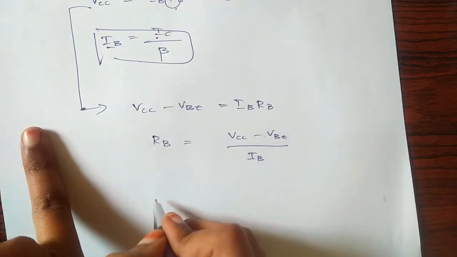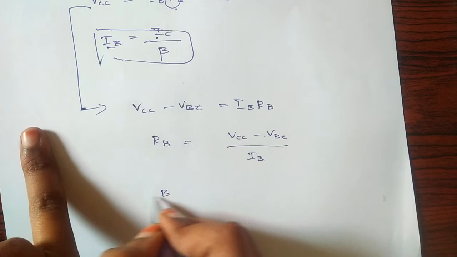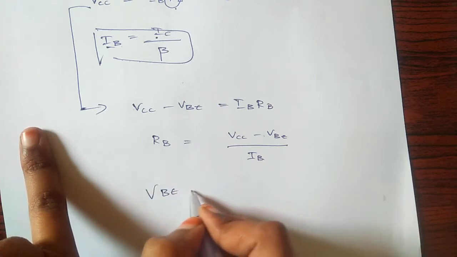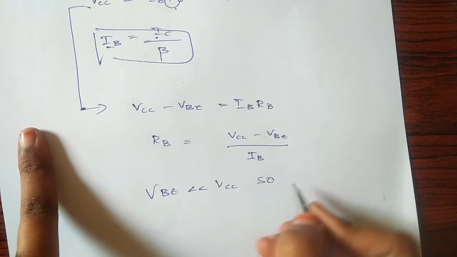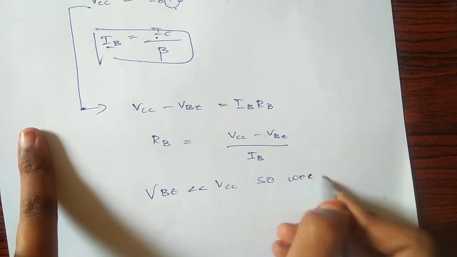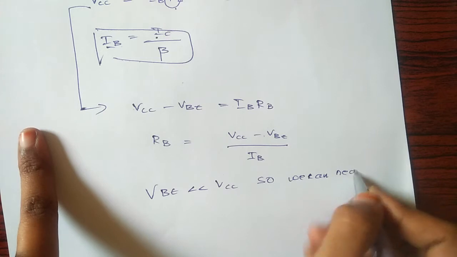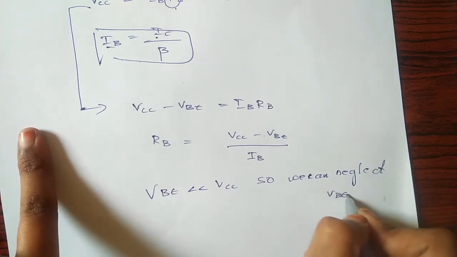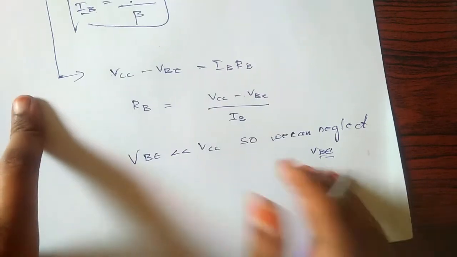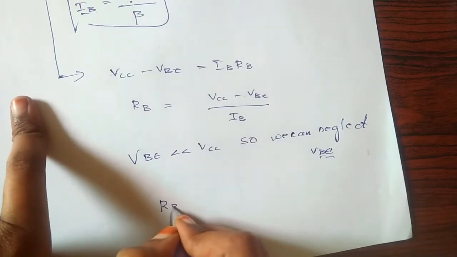So here VBE is very less than VCC. So we can neglect VBE. Then we get RB is equal to